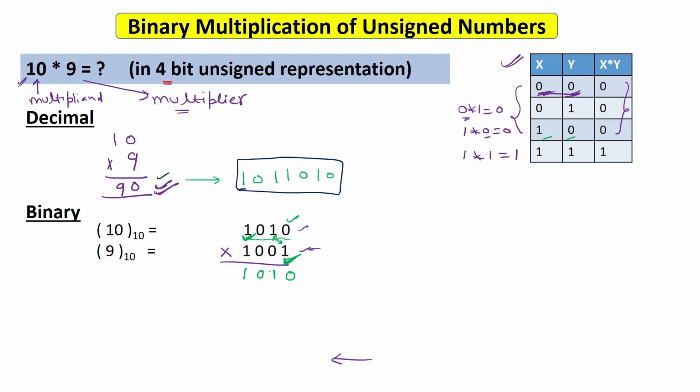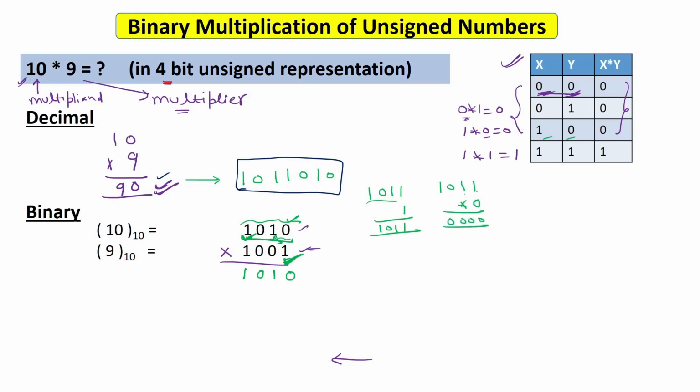One thing to note here is that whenever you multiply these 4 bits by 1, you get 1010, that means this number only. This is important to remember. Let's say you have 1011 and you multiply it with 1. In the answer you will get this same 1011. But if you multiply this number by 0, then you will simply get 0.